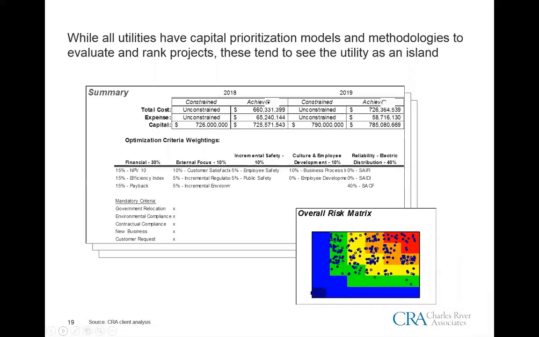So the next slide focuses on at least an introduction of a capital prioritization type methodology and tool that is common and certainly exists across the utility landscape. But what we've observed is that utilities will tend to be very inwardly focused on this type of exercise, where the tool, such as the example that we're showing on this slide, very much ranks internal projects based on a whole set of risk scores or metrics, but doesn't really include an external lens.